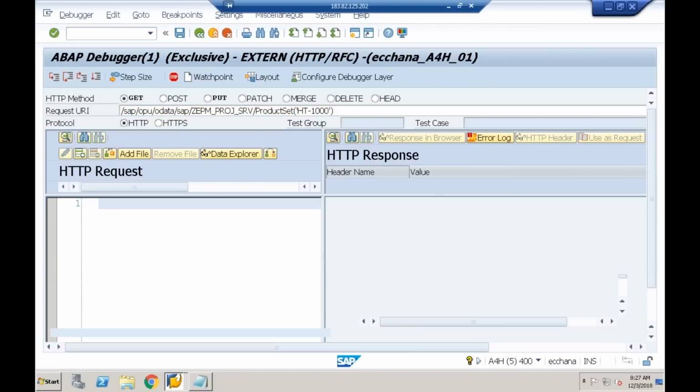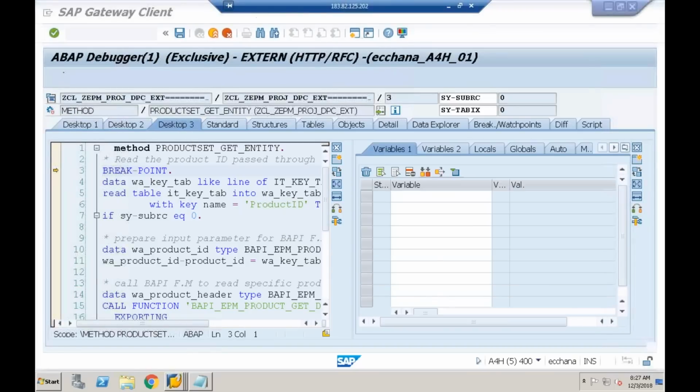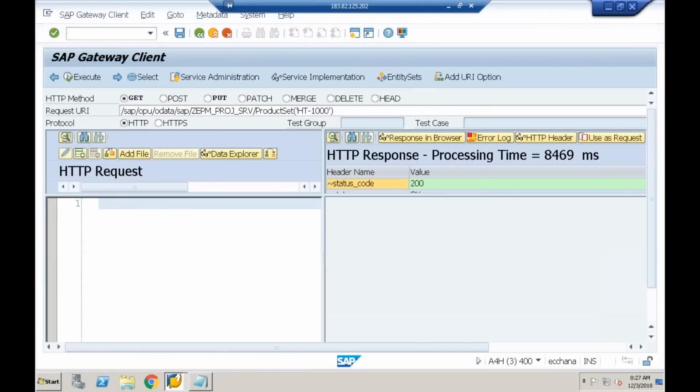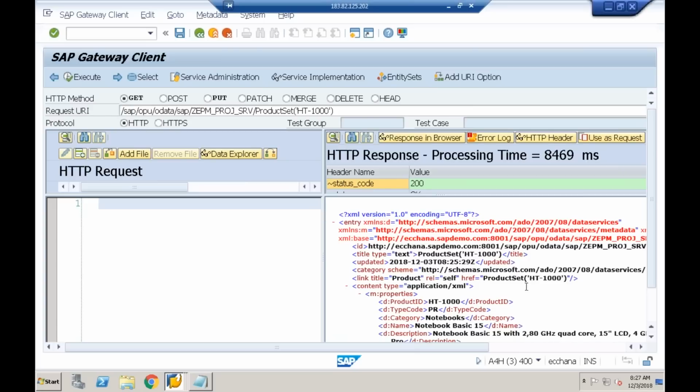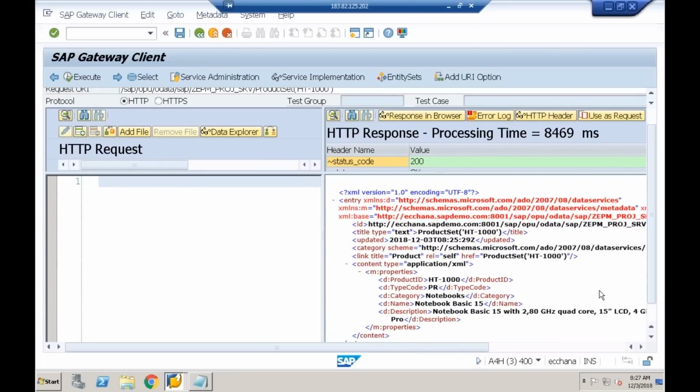So it is going to the debugging mode. Yes, the part we know. I'll say fit. Yeah, I got the product details, a specific product's details. HT-1000, only one product's details I got. Suppose now I'll give